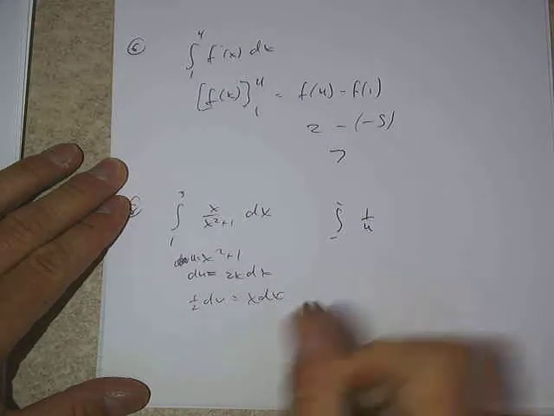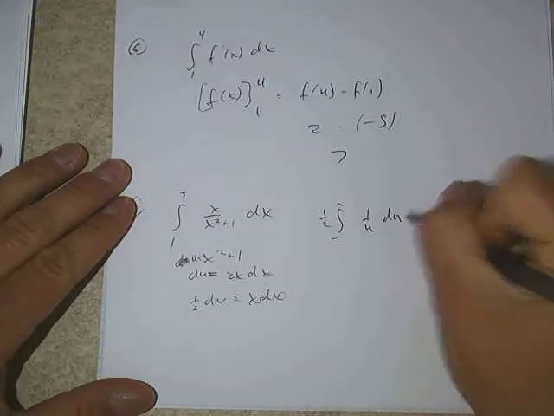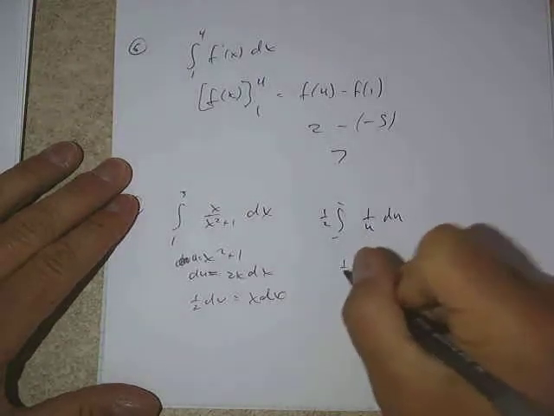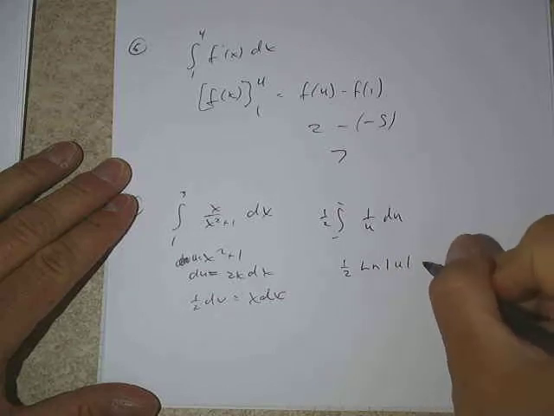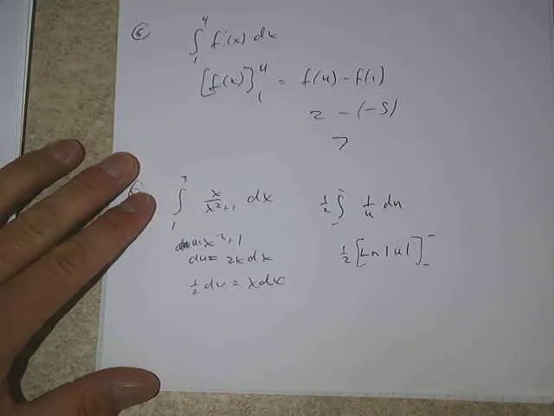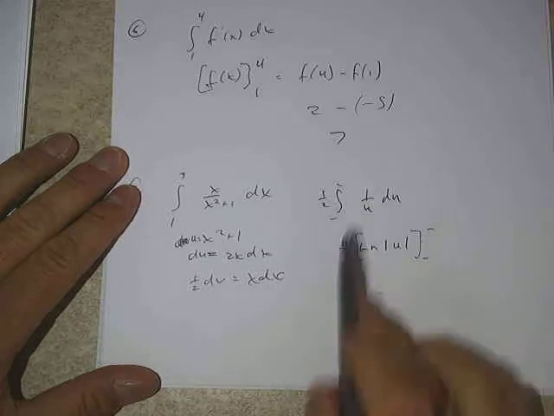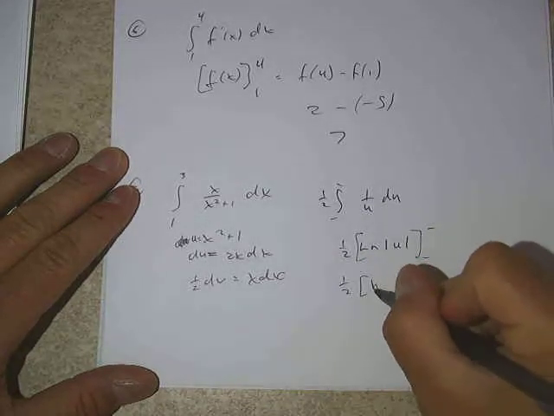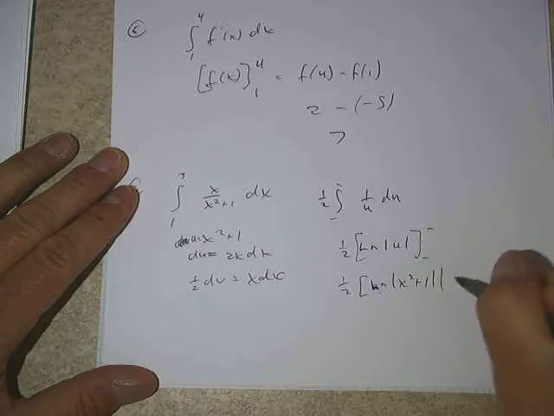And we have an x dx to get rid of here. So in our substitution, we could write it as 1 over u, and 1/2 du would be our x dx. So we could replace the x dx with 1/2 du, and our integral would look as such. And if we took the antiderivative, we have the natural log of the absolute value of u,